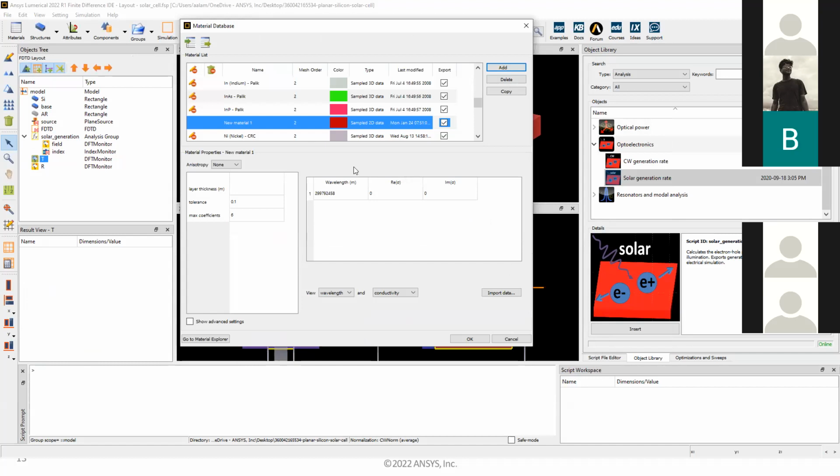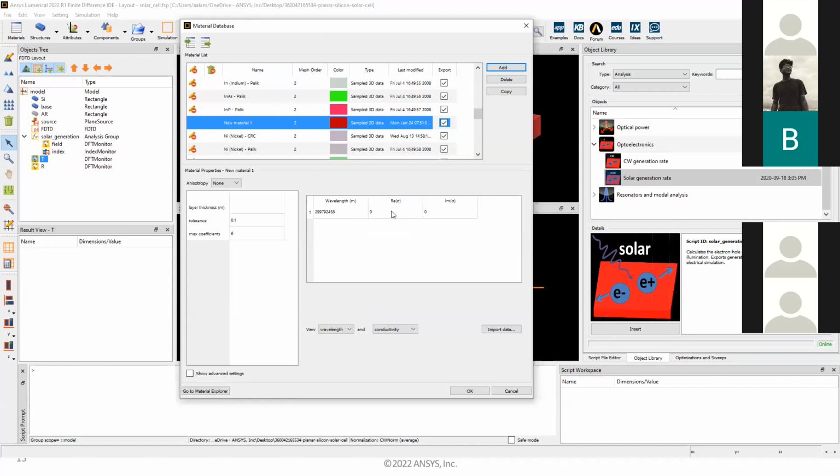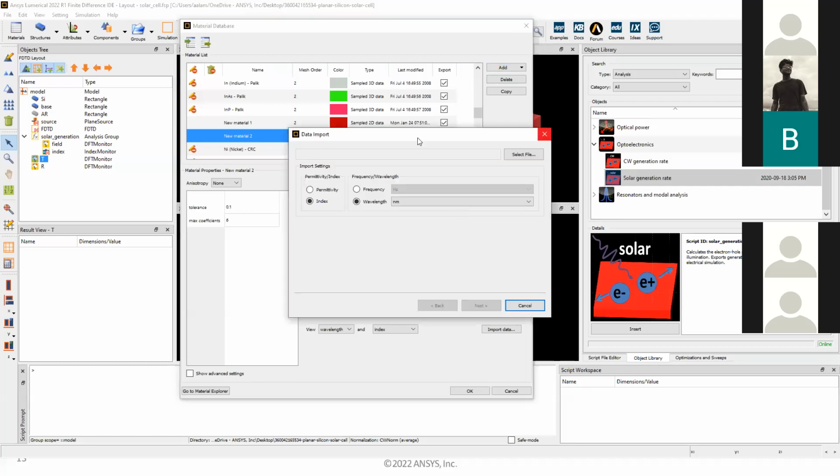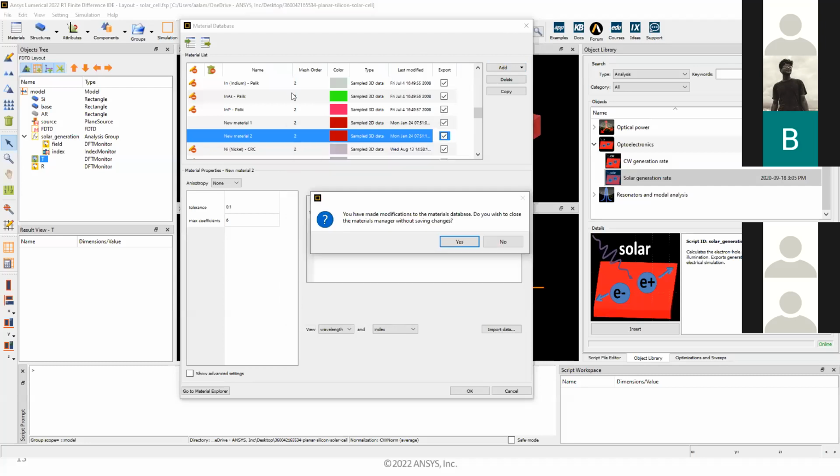So you can simply load your real and imaginary part of refractive index as a function of wavelength. And you can even import it from different file formats. In fact, refractiveindex.info allows you to download material data in a certain file format. And I believe in the material database, you can load the data directly in that format. So you simply have to find your material, download it, load it here, and then you should be able to use it in your simulation.